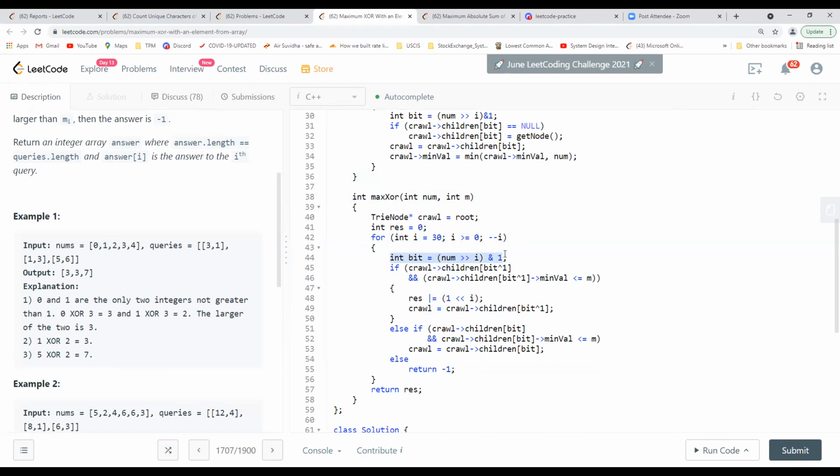So the way he was doing for the complementation part, or finding the maximum, right? Whatever was the bit, you just find the complement of that bit, whether it exists or not. But along with that, you also compare with the minimum value, and if your minimum value is lesser than the number you are going through, then you follow this path.